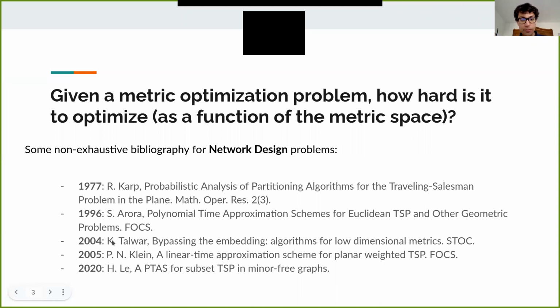Then 20 years after that, there was this very fundamental result by Sanjeev Arora, who showed that you can actually get a polytime approximation scheme for worst-case input on TSP and many other of these network design problems